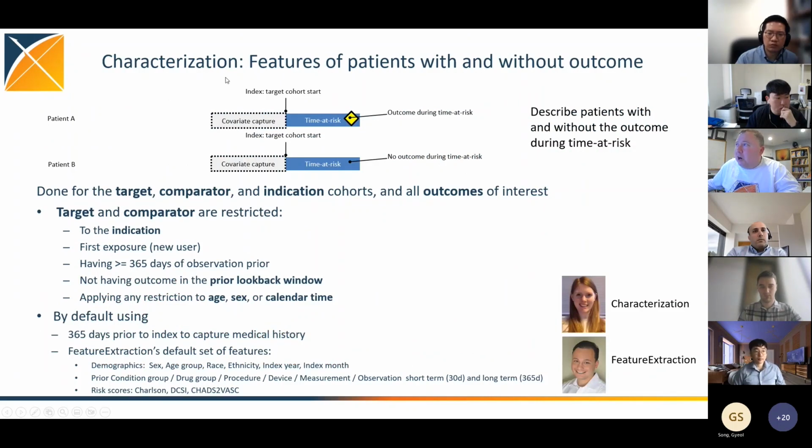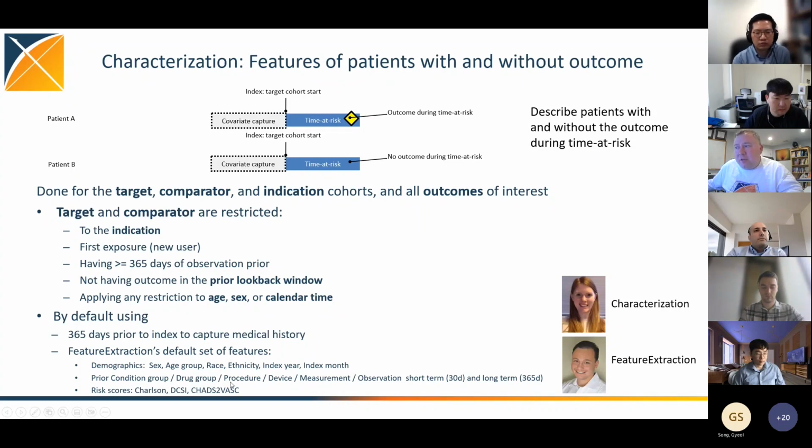The next module is our feature characterization. The idea, and this builds off of the characterization package that Jenna Reps built, as well as the feature extraction package that Anthony Senna maintains, is that for the target, comparator, and the indication cohorts, and for all of the outcomes, we will create a sub-cohort that is the target nested within the indication, focus on the first use with a 365-day washout period, and for that cohort, so that will be new users of fluoroquinolone who have UTIs,